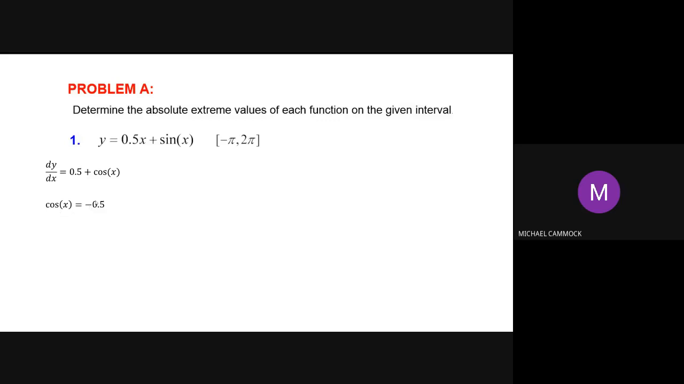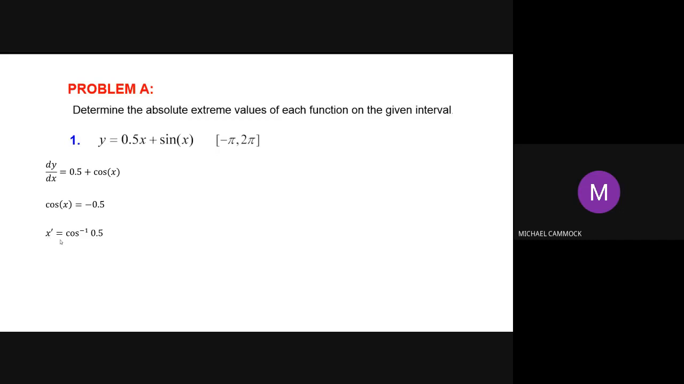But that solution has to be found within these boundaries between minus pi and 2 pi. Now, here's the way I do this. And again, this might be different from the way you were taught to do it. But if I know that the cosine of x is equal to minus 0.5, and I'm trying to solve for x,